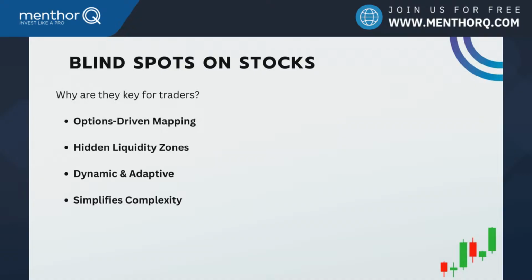And what we look at when we talk about stocks is option driven risk mapping. So we are trying to reveal what the option flow is telling us, and not just looking at price and volume. We're trying to find high liquidity zones where the price could actually flip. And then, of course,